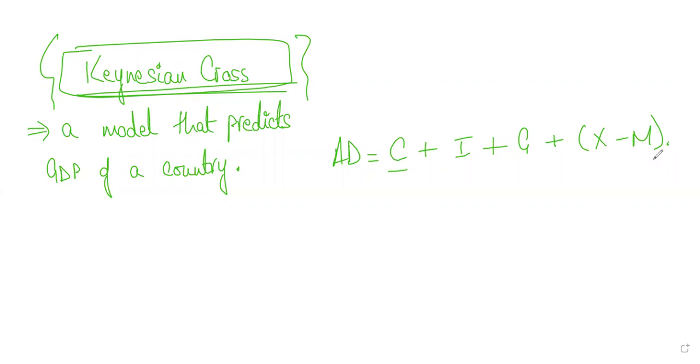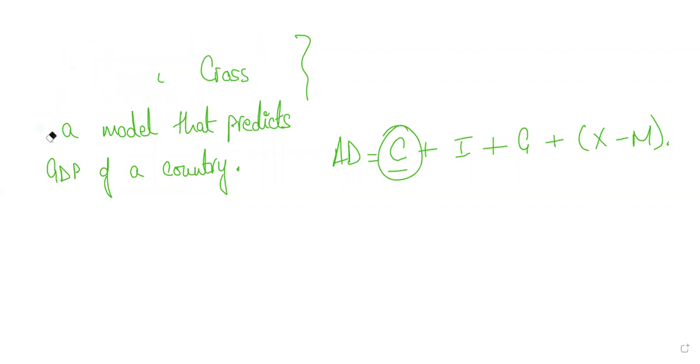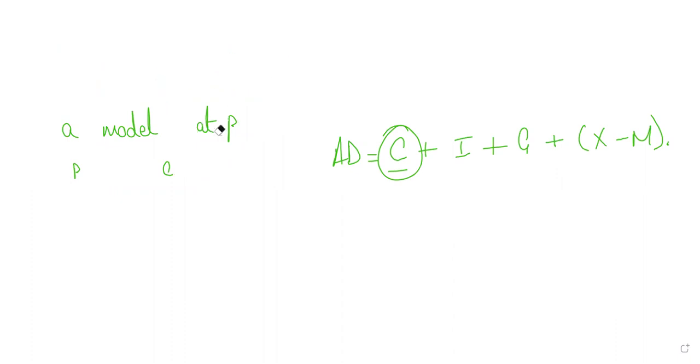Is it simple? Okay, now the first thing that we are about to look at is the consumption function. This is something new for you. Now we will look at the function of all of these. What is consumption function? This might sound very complicated, but no, let me give you an idea. We'll talk about the consumption function, investment function, government spending function, export function, and import function. So what is this new terminology about?